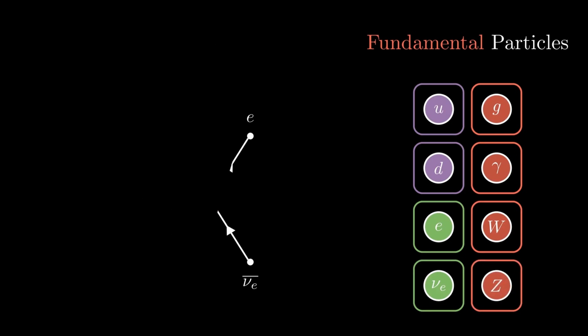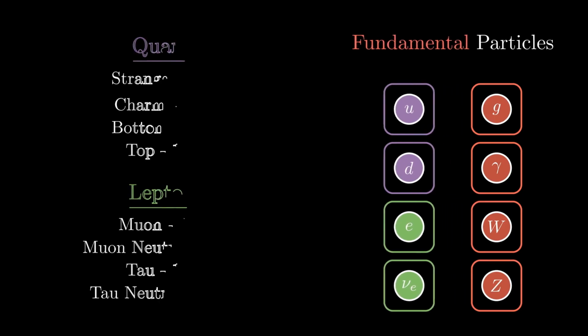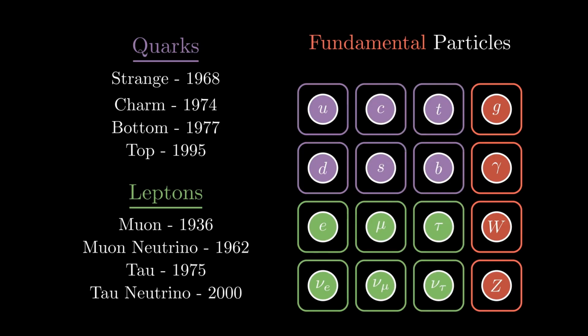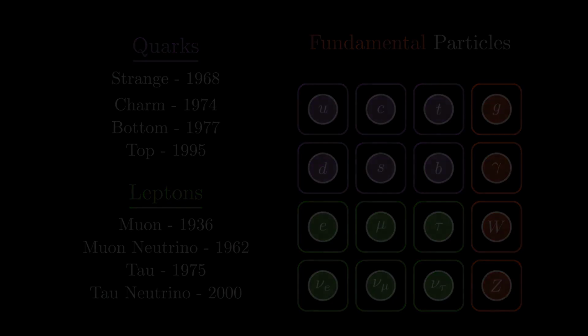Over the past century, 3 generations of quarks and leptons have been discovered. Though very similar, these particles differ in mass. However, for the laws of physics to make sense, there must be something missing here. In a universe with only quarks, leptons, and force carriers, there is no elementary mass. So, where does this mass come from?